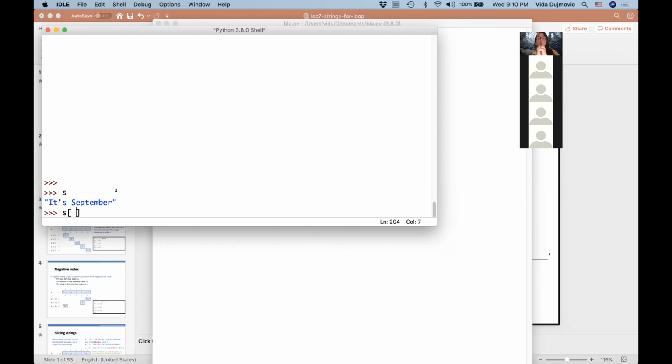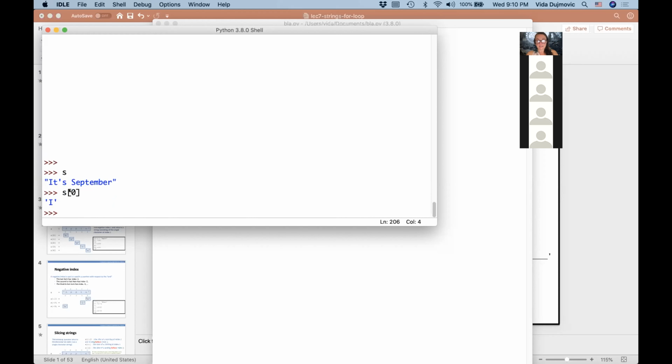So let's say I want to ask what's the first character of string S. If you never programmed before in your life, you would think you ask it like this, because humans start counting with 1. However, computers, for various historical reasons, start counting at 0. So you get the first character by asking for S of 0.